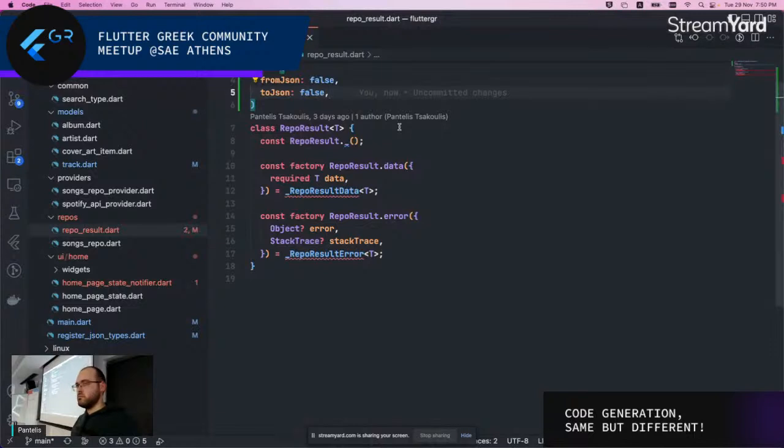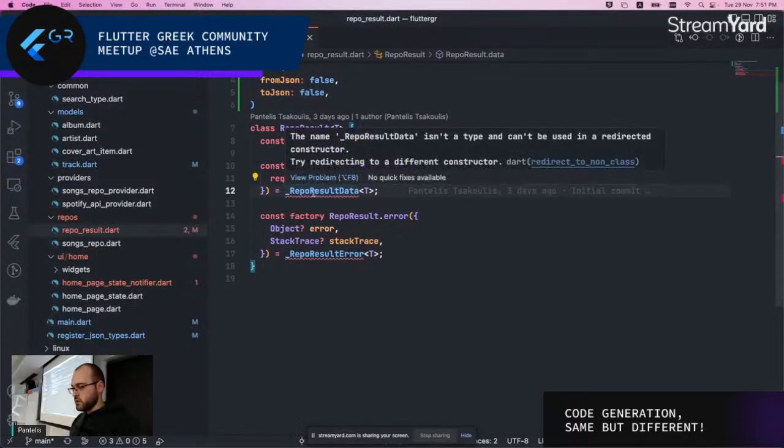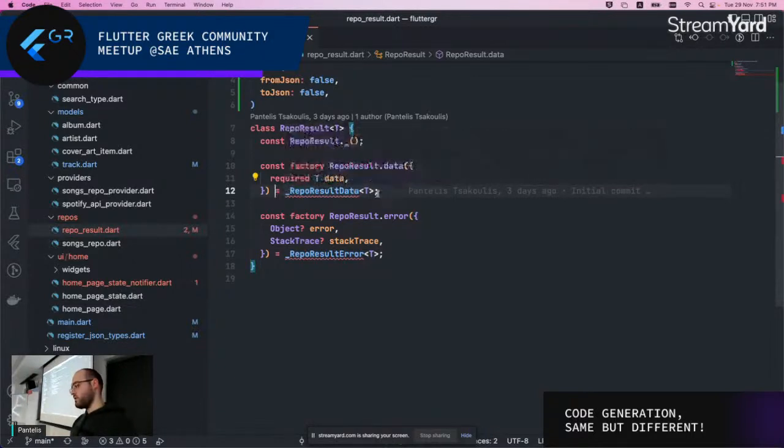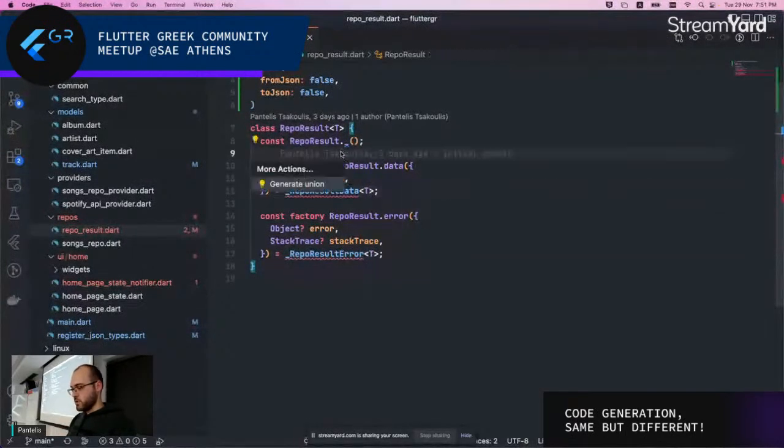Yeah. Okay, that's good. Because Dart doesn't provide you with a native way of constructing union types, we have to do it in a bit hacky way, if we can say that. So we have factory constructors that will redirect how they are constructed into a different class, right? You can redirect a constructor from a class to another one. So this equal sign and the name of the other class will be generated for us when we run the action. So if we generate the union,